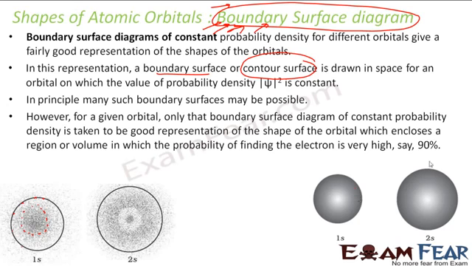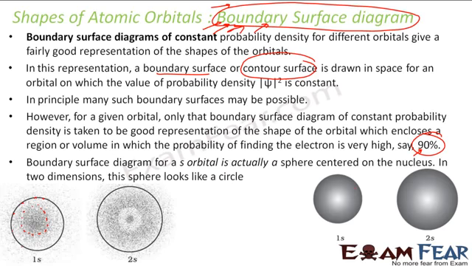And generally we take the probability where it's 90%. 100% is not possible, because if you say 100%, that means you are sure the electron exists there, and that contradicts the Heisenberg principle, where you say that you can't actually tell the position of the electron. So it can't be 100%, almost 90%. So we generally draw a contour and we get this kind of shape,